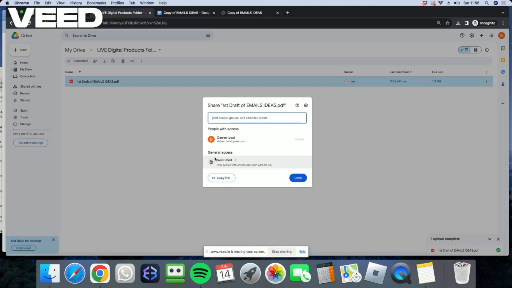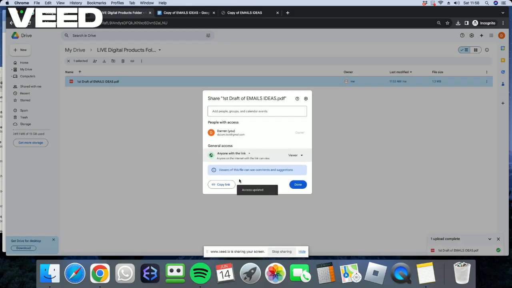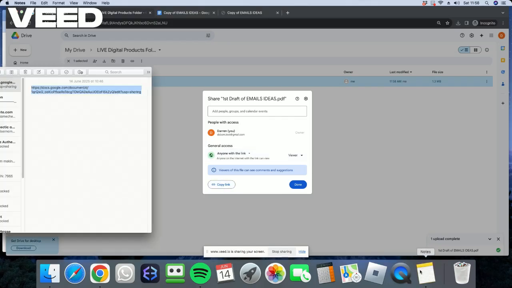And then you see here at the bottom it says general access. We're going to click on the drop down button. We're going to go to anyone with the link. We'll click on that, give it a chance to update. We're then going to copy this link and we're going to post that into a notepad. So this is our